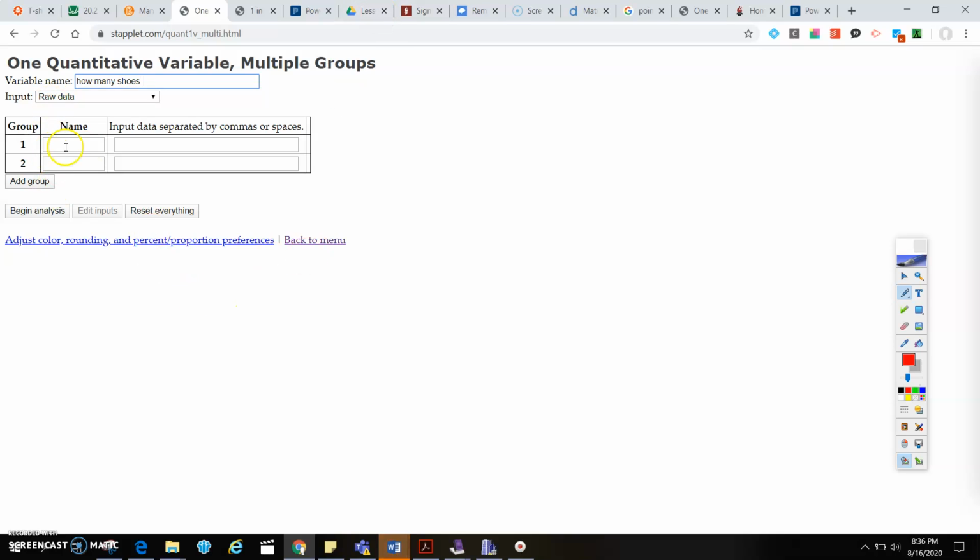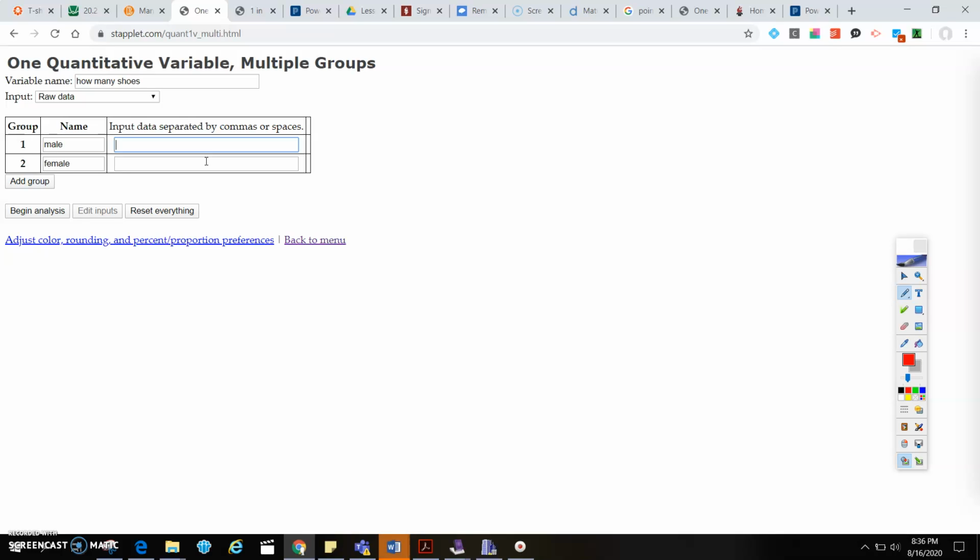Okay, and then for group 1, you're going to be male. Group 2, you're going to be female. And then you're going to insert your data. Okay, so you're going to list out how many girls had this many shoes and how many boys had this many shoes. So I'm just going to throw in some numbers so that you can kind of see that data. Again, make sure that you do it in male, female